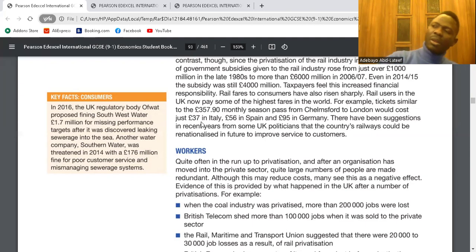So, as soon as privatization takes place, remember, the private sector businesses only want to make profit. The public sector wants to render services. So if the private sector buys over a public sector business, the first thing they do is they take away those who are not efficient in the business. They make them redundant. So a lot of people will be unemployed. A lot of people will lose their jobs. It will increase unemployment.